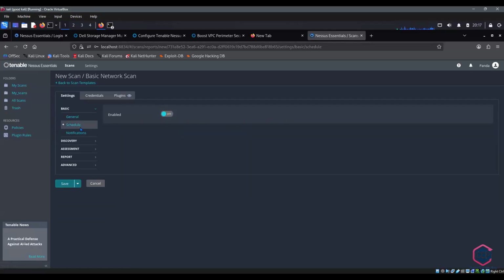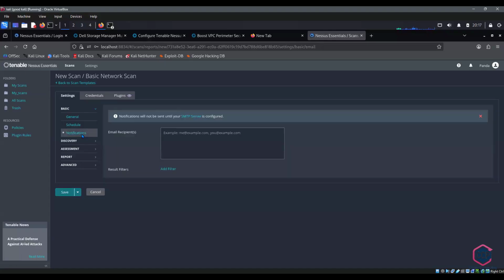So in order to schedule the scan, every day, once in a week, or once within a month, I can schedule it. For notifications, if I enable SMTP, the Simple Mail Transfer Protocol, we also have an option so the report will be automatically sent to our emails.